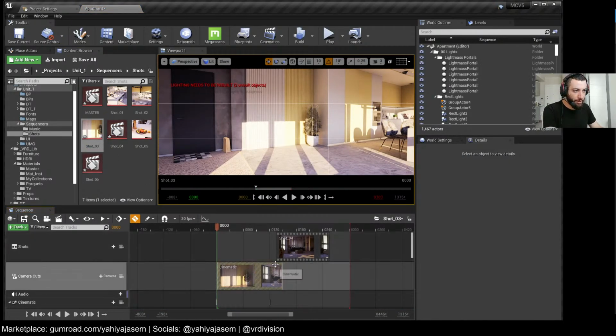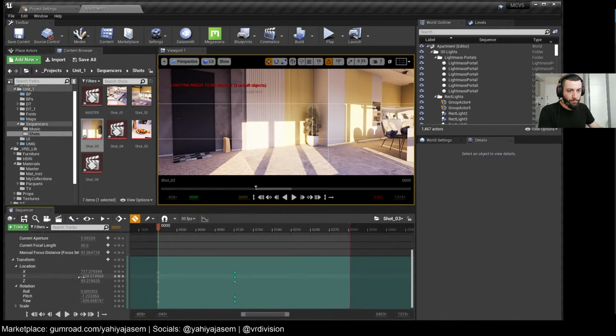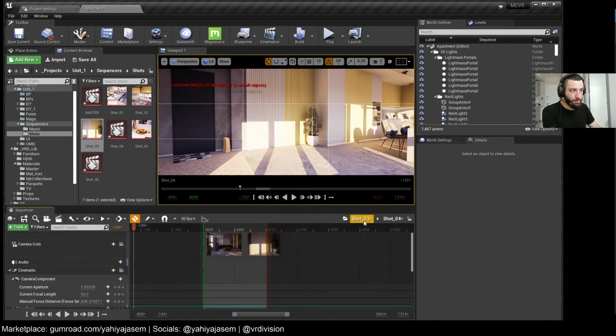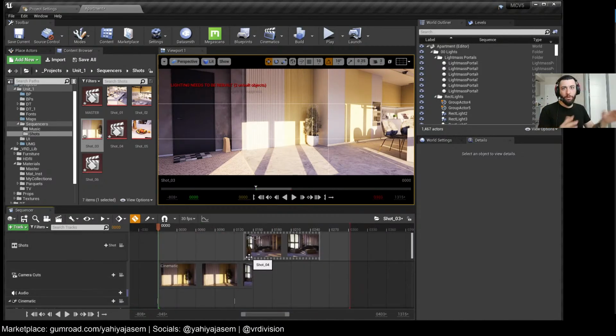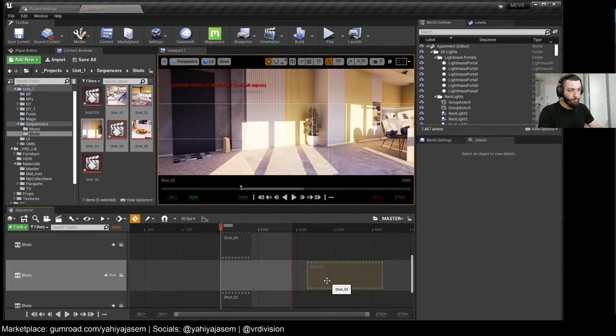Sorry. Yeah, when we have the master sequence, we have one shot now, so this is a mistake. When you have a master sequence with multiple shots inside, in this case this one didn't have any. If we have all these shots,